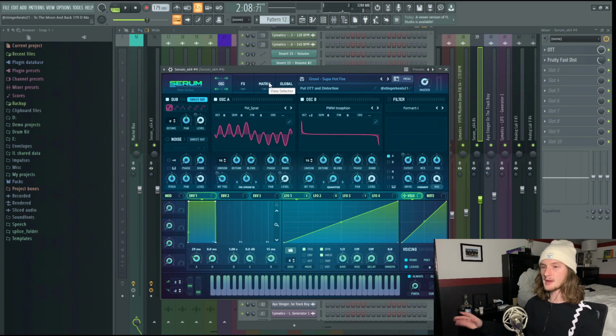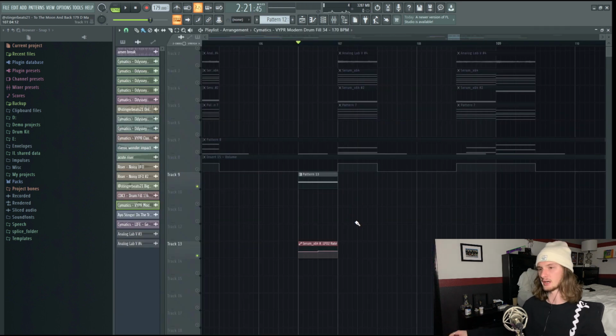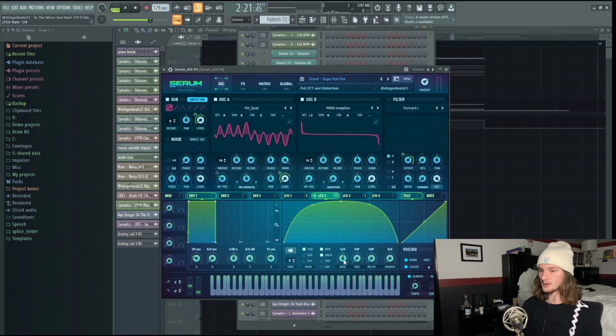For this second drop, everything is pretty much the same, except I integrate this custom growl from Serum. So here is the first growl. For that, I have an automation clip automating the LFO rate in Serum. What that's doing is it's changing the rate from 1/4 to 1/8.